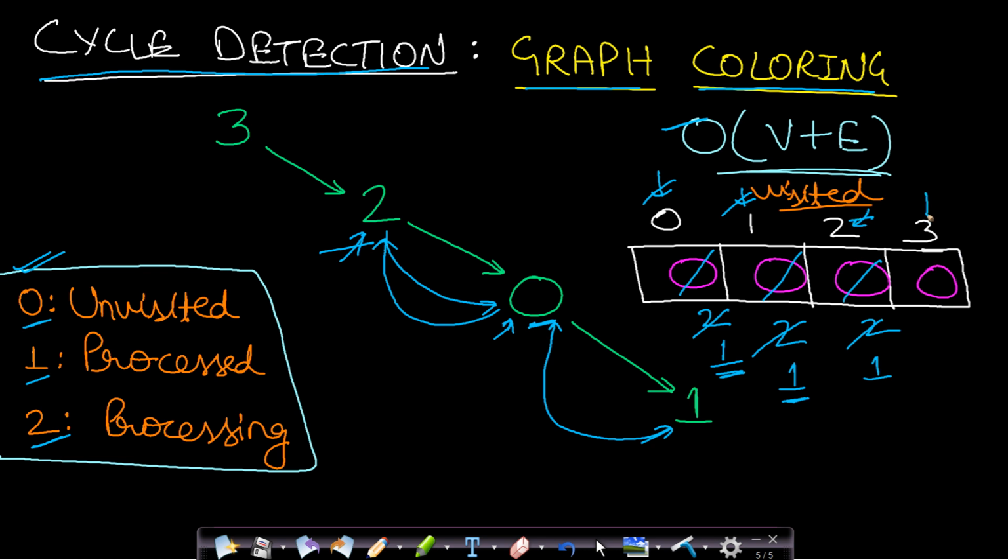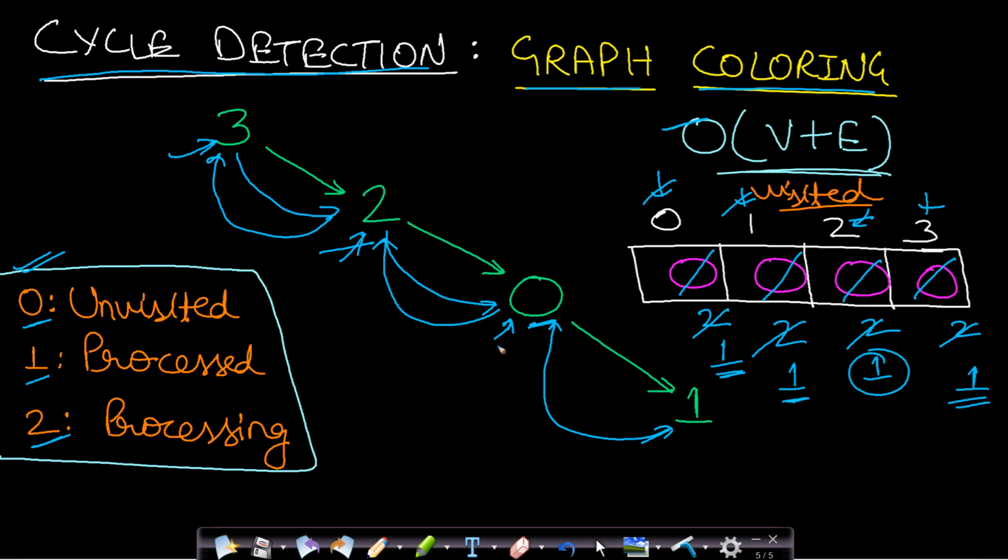Now we move to node 3 and this is 0. So we will start from this node 3, and from this node 3 we will call its adjacent node. This is node 2. Now node 2 has already been processed. Therefore there is no point in exploring this node. We will come back to 3 and there is no other adjacent node. Now again I forgot to make it 2. Okay, initially it will be made 2, and now since this is processed it will be made 1. So this is the entire algorithm which I have used.